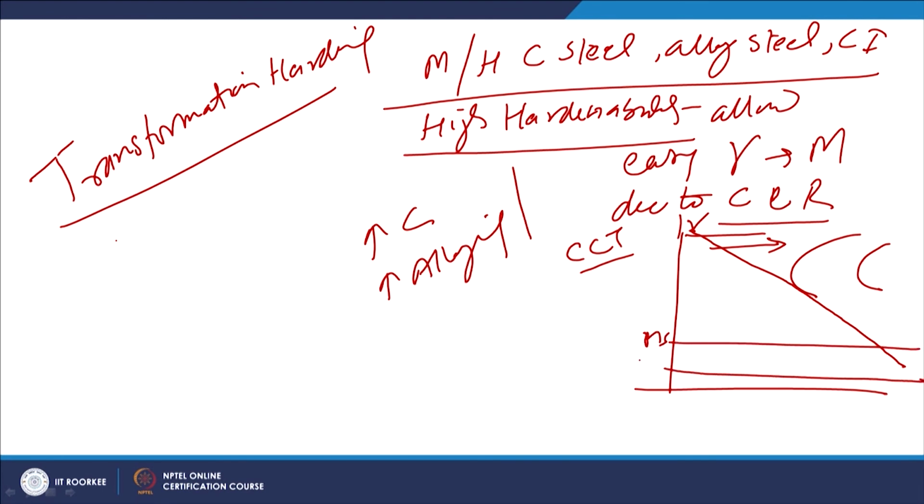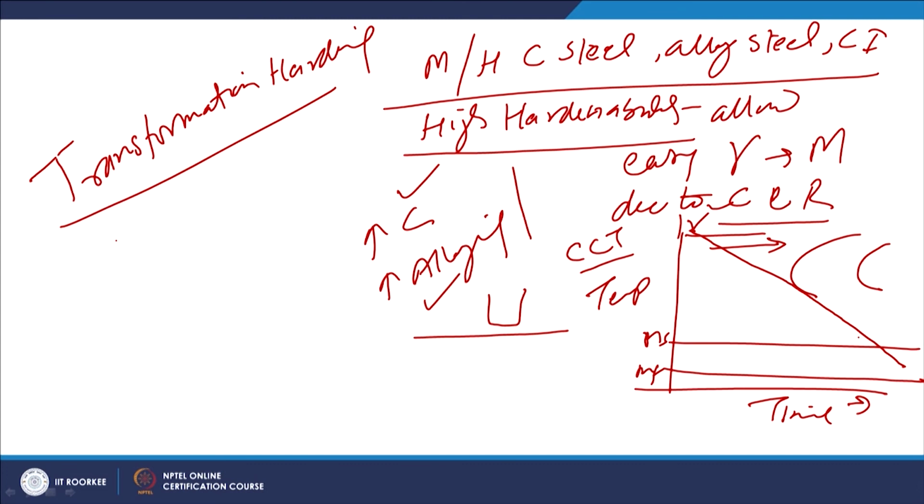If this is the MS and this is the MF line, corresponding to the martensitic transformation start and finish, this is the temperature and this is the time on the x axis. So, if the nose of the CCT curve, due to the higher carbon content and alloying elements, is shifted towards the right, it leads to a reduction in critical cooling rate, which means even simple heating of the surfaces followed by even slower cooling will lead to austenite to martensitic transformation.